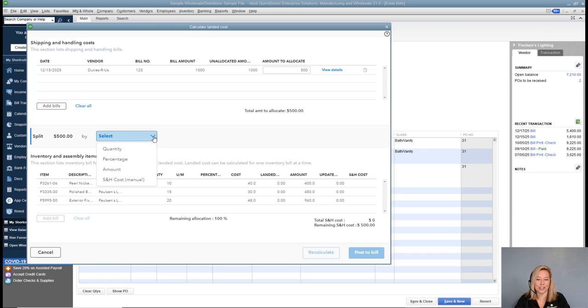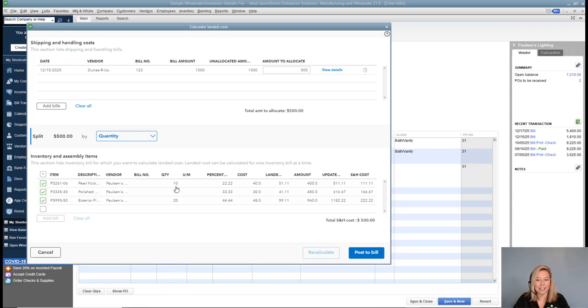your options to divide your cost. The quantity will take the individual quantity of each item and divide it by the total quantity to get to your percentage amount. In this example, the total quantity of 10 plus 15 plus 20 is 45. To get the percentage to allocate, QuickBooks will divide 10, which is the first quantity in the first row, divided by 45. That comes out to